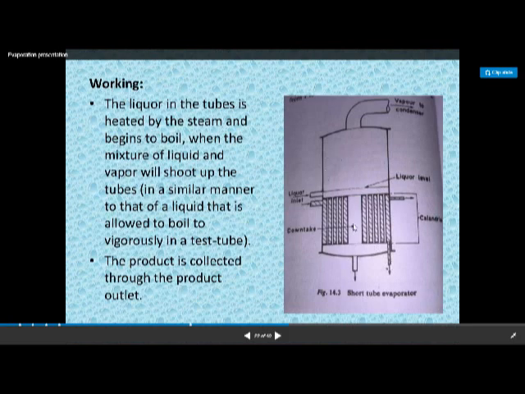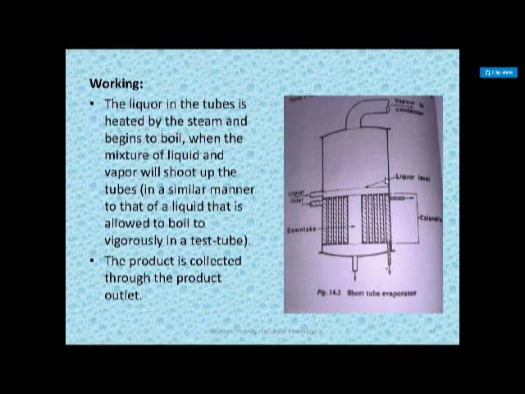This is also called the downtake. You can see the tubes arranged vertically, and the lines indicate the steam inside the tubes, and this is the outlet through which we get the product. This is the vapors to the condenser. The vapors in the upper part of this evaporator will be collected to the condenser, and they get condensed again. And this is the liquor level up to which we have to feed the liquor. We have to keep the level up to this mark only. If it goes higher, there may be chances of short circuiting, right?